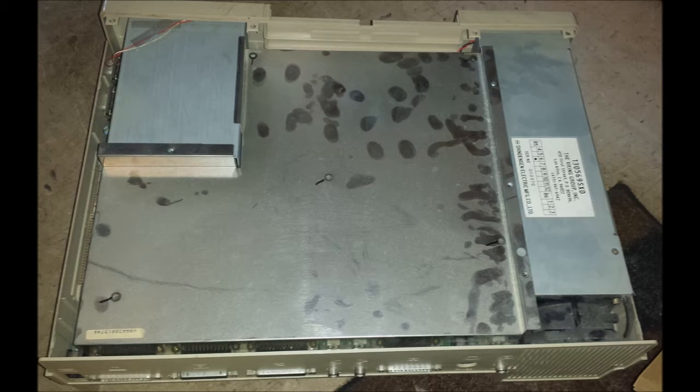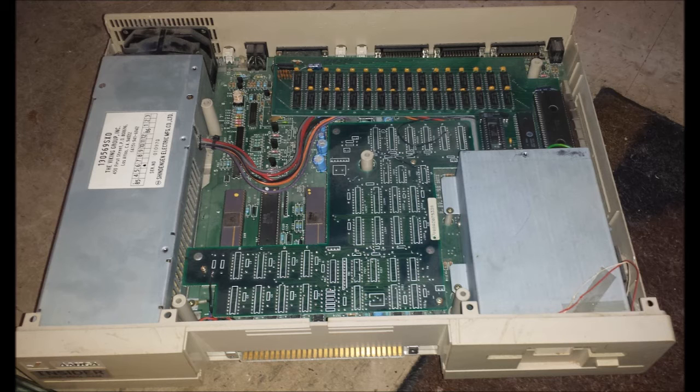As you can see, it's pretty dusty, and there's the giant shield. And finally, here we go with the shield removed. Now you can see on the far left, that's the power supply, and on the far lower right is the floppy drive. Now if you notice, there's 2 daughter boards actually, but the one sort of lower on the board,